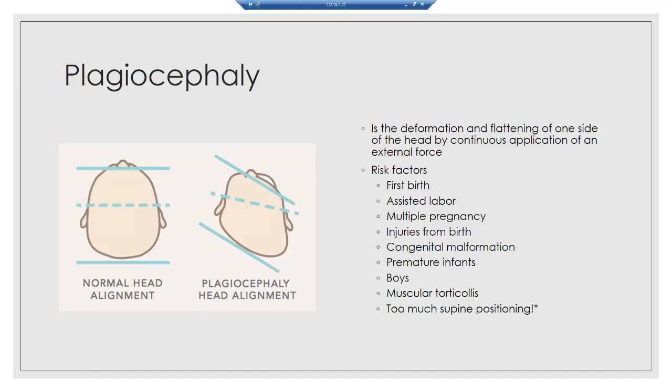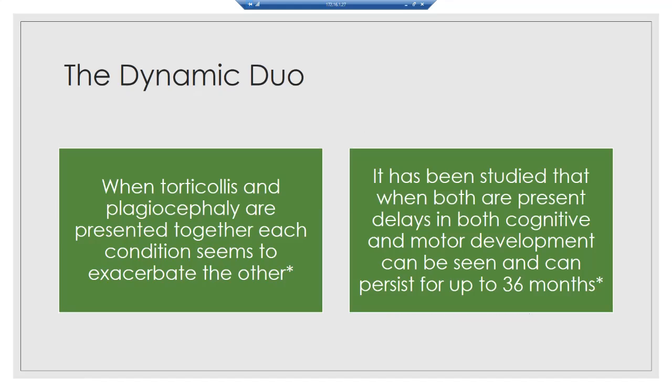And misshaping of the head can lead to a torticollis, or a torticollis can lead to the misshapen head. In therapy, it's kind of like the chicken or the egg. We don't really care which one comes first because we're just going to treat it the same way anyways. So the dynamic duo of